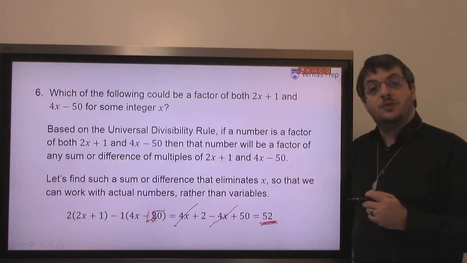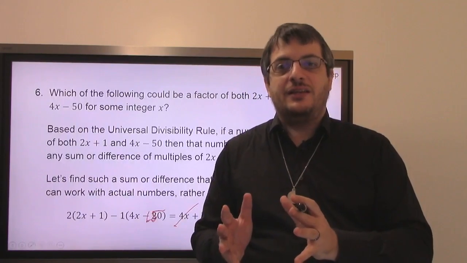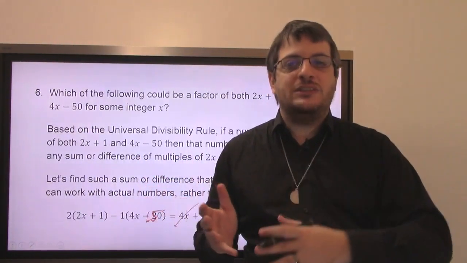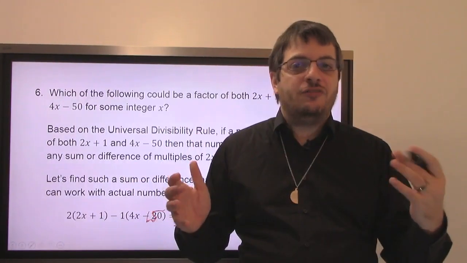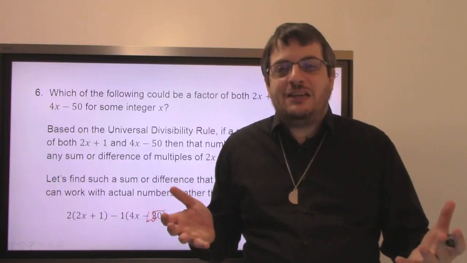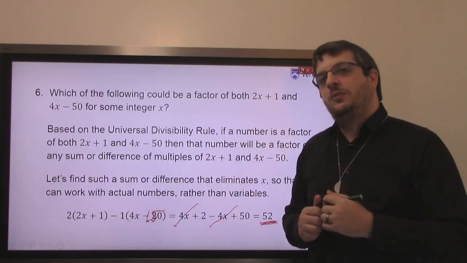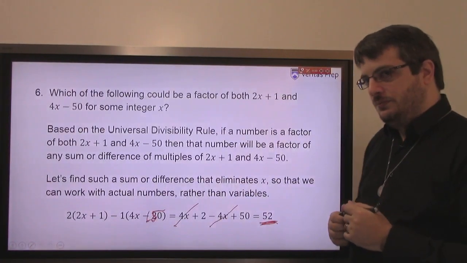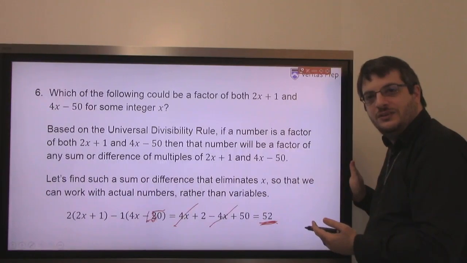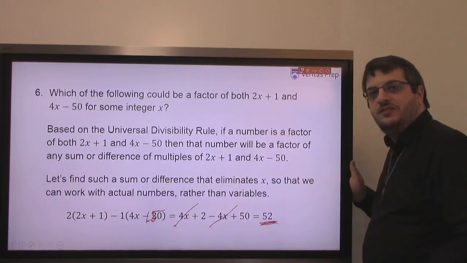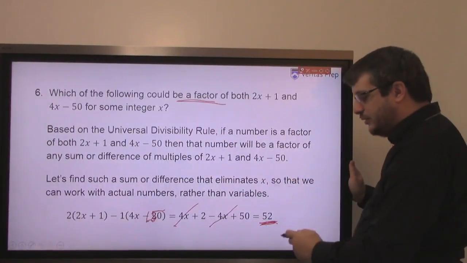Any integer, yes, Gaurav. Because think about it. If my bag of factors has a certain thing in it, then when I multiply, I'm just throwing some more stuff into the bag. If I have, let's say, a 7 in my bag of factors, I multiply by 5, I just threw a 5 in the bag. There's still the 7, right? It doesn't take anything out when I multiply. So sure, I can multiply by any integer you want. And that means that I can now combine them and know that I will still have those factors. And this means 52 must contain whatever this mystery factor is. Whatever the mystery factor is, it goes into 52.